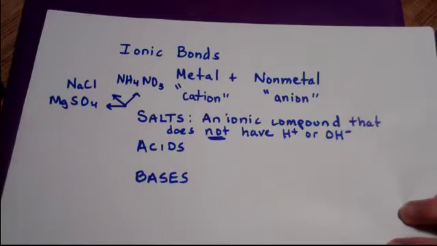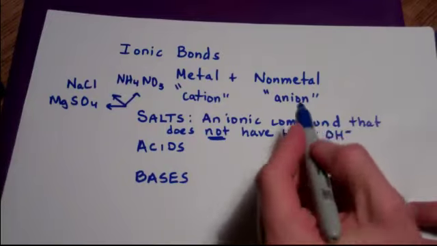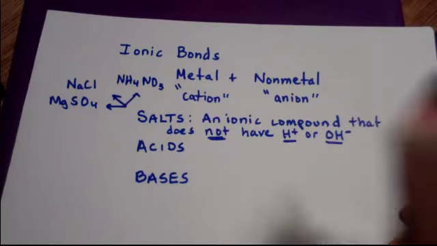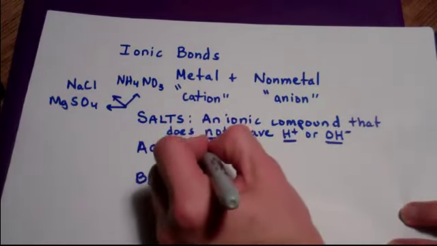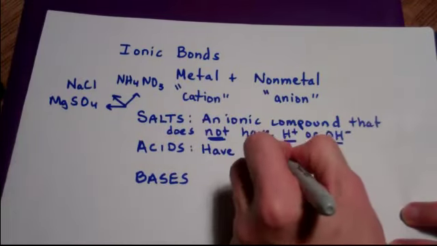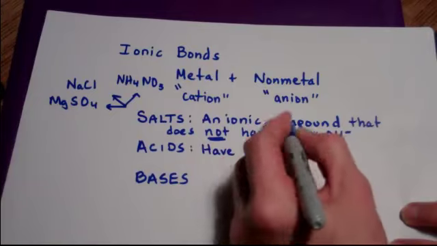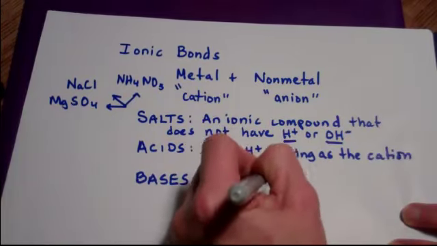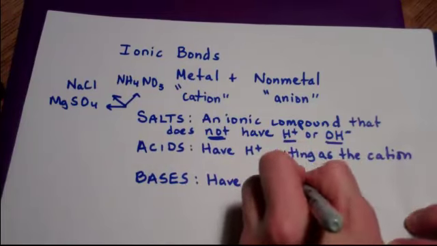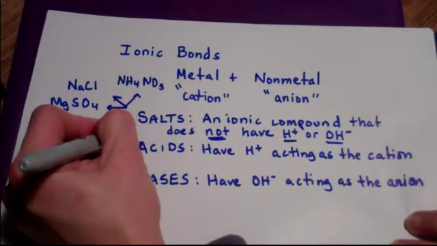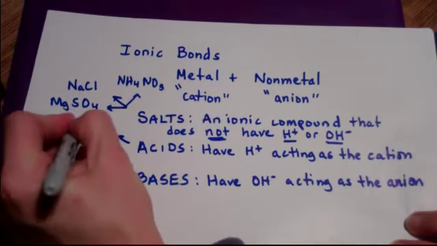Essentially any ionic compound that you can make that does not have H plus or OH minus in it. Our acids have H plus acting as the cation or proton. Our bases have OH minus acting as the anion. So a good example of an acid would be HCl